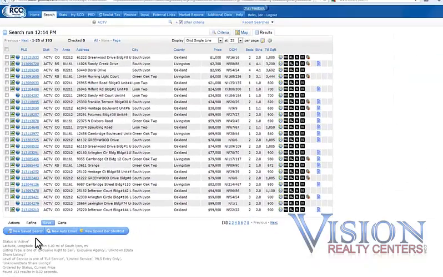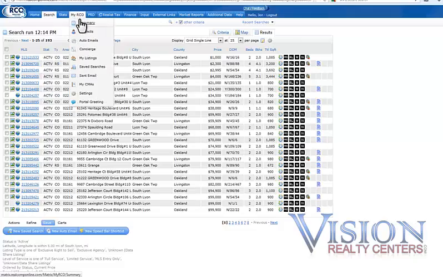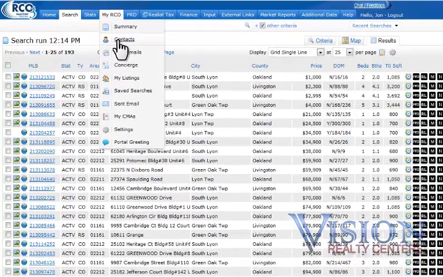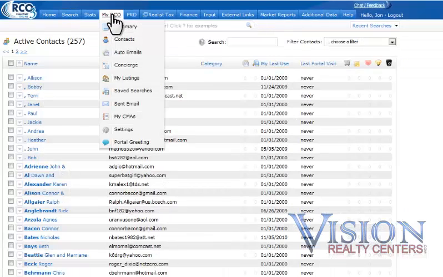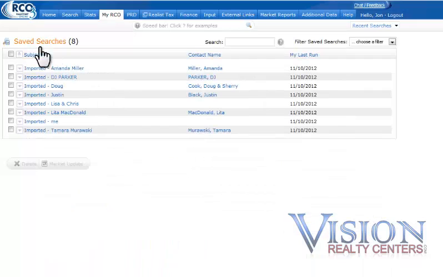Now, if you had a lot of clients and a lot of saved searches in the old RealComp system, you're going to wonder, hey, how do I get those old searches back into auto emails? Well, they're there, just like your listings or your contacts were imported, which you can find under contacts in my RCO3 up top here. You can also go to saved searches, and it brings in all the imported. It'll say imported,